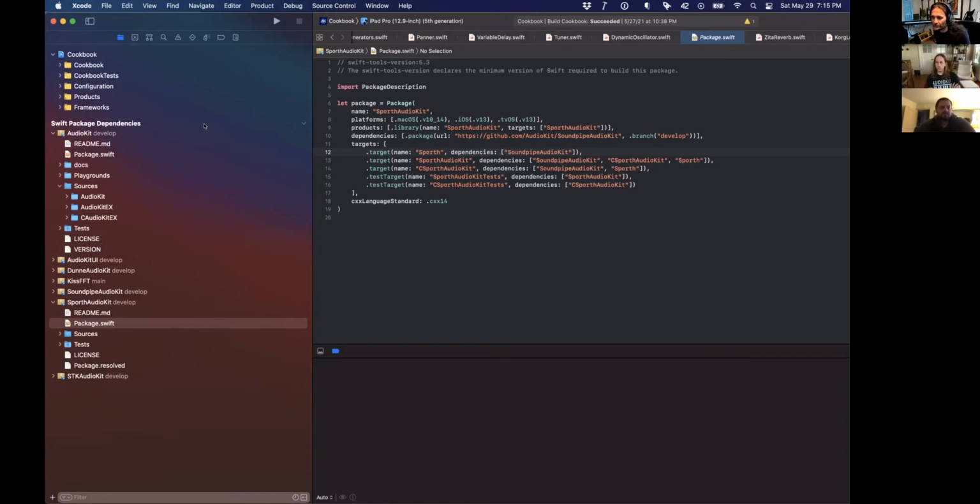they all have continuous integration set up, and they should be as well tested as ever, except now if you compile and you make a change to SoundPipe AudioKit, it doesn't run all the tests that you don't care about. So it's a little bit faster, I think, for developing on a specific thing. And there's a few other AudioKits here. I'll pull up the